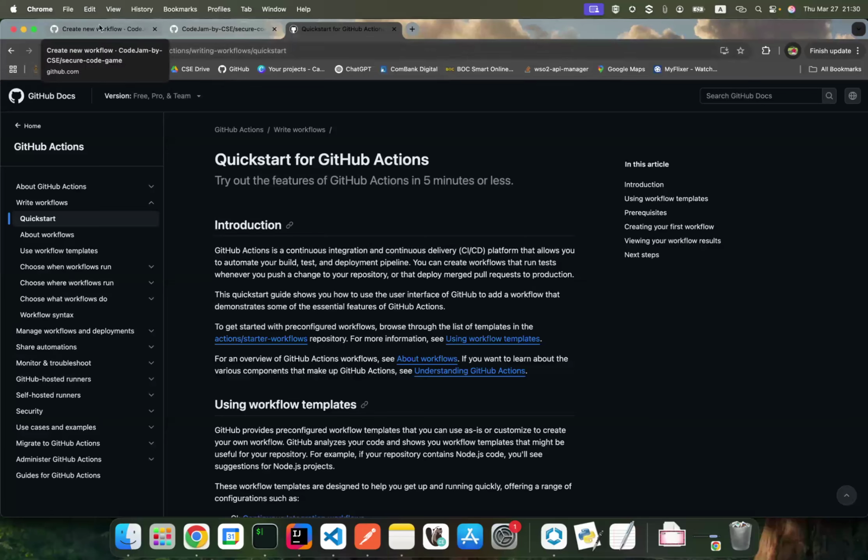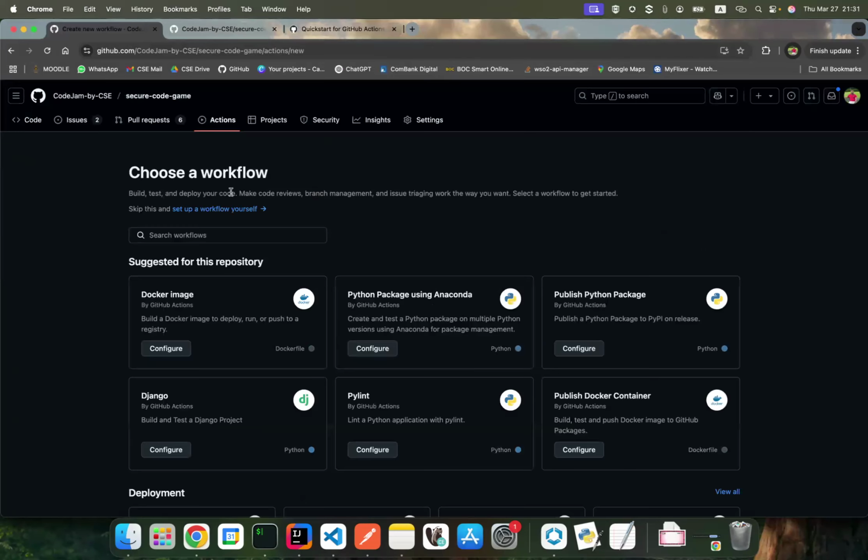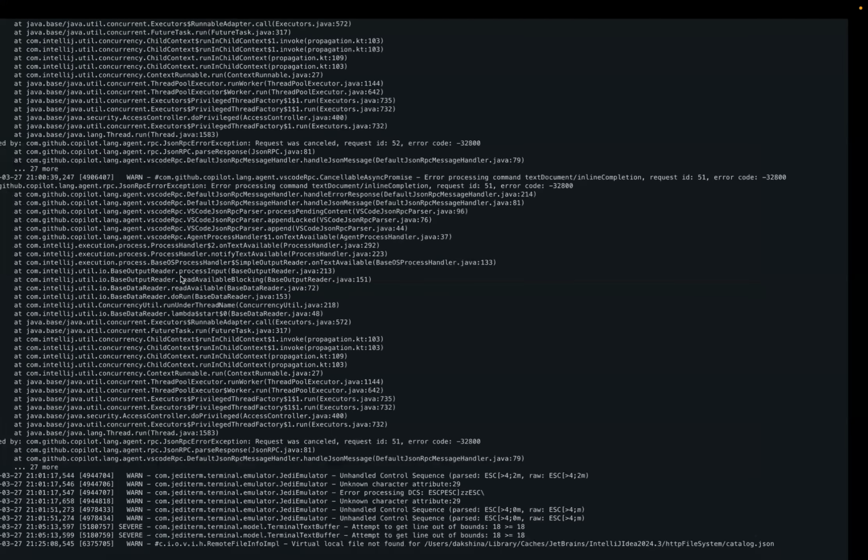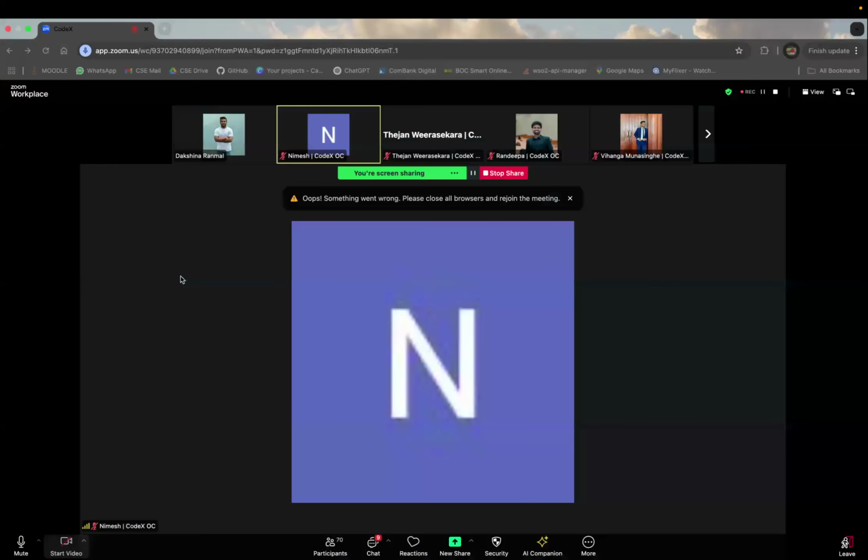When you want to do a task, you can follow this, or else you can ask an AI tool to create a GitHub Actions YAML file to achieve this task, and you can fine-tune that with your knowledge and the documentation. That's basically it from my side.